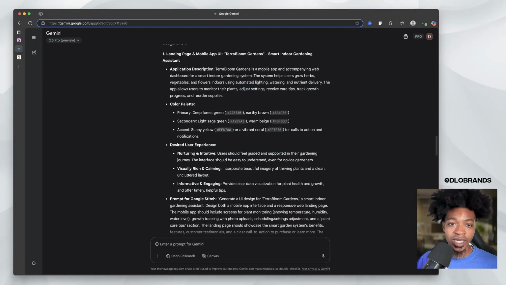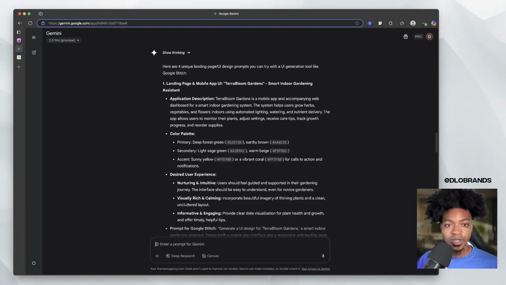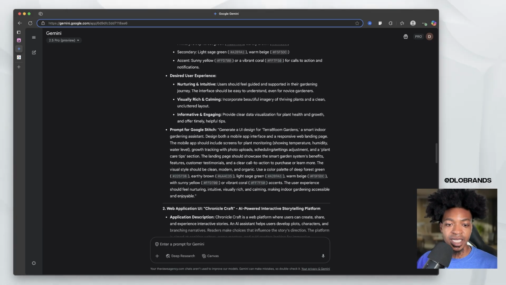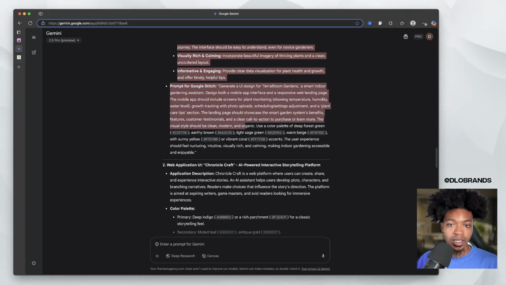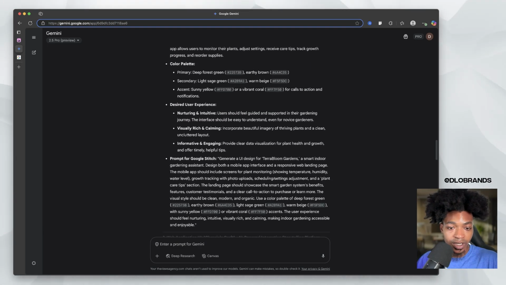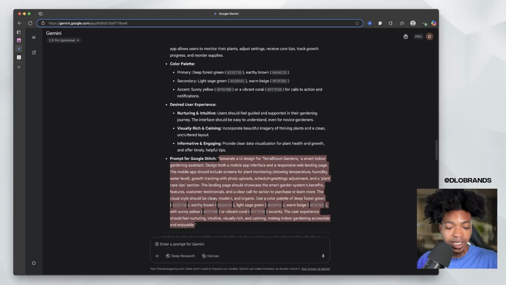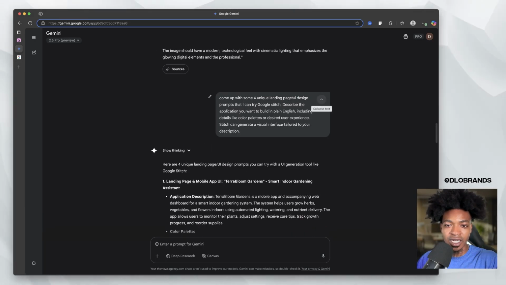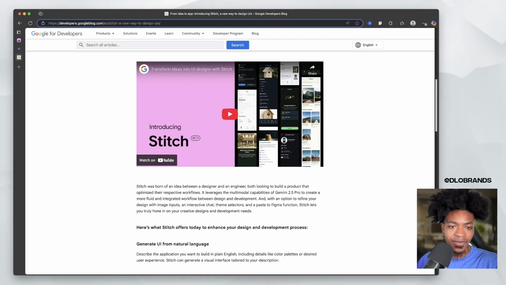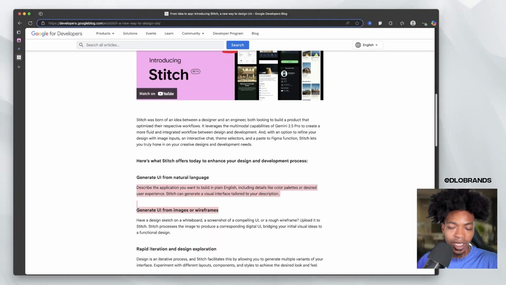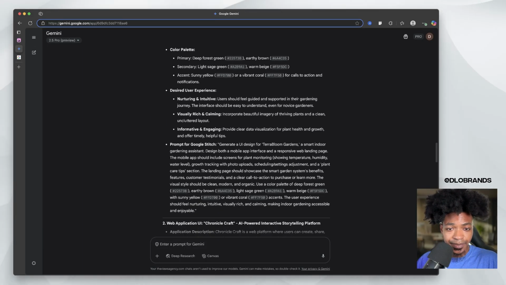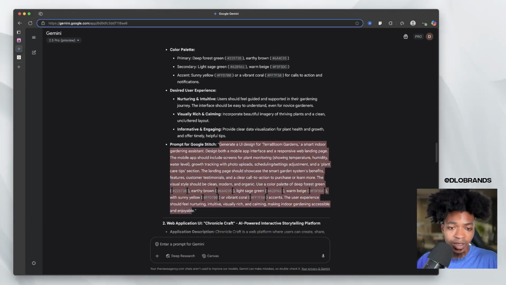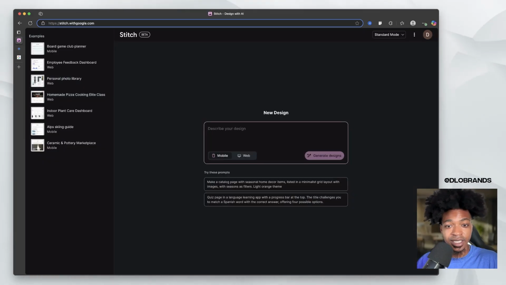And of course, like always, we have gotten Gemini to help us with some prompts. We're going to be taking this mobile app UI, and it's given us the colors that it wants to use. Really what I did was paste in a sliver of documentation. This right here: describe the application you want to build in plain English. They have that right here. So all I did was copy and paste that and give it to Gemini. So it's giving us this prompt. We're going to copy this whole prompt and put it into Stitch